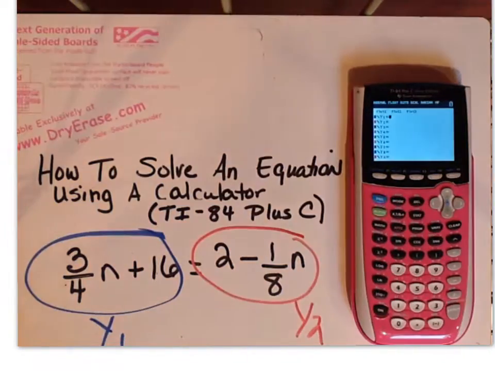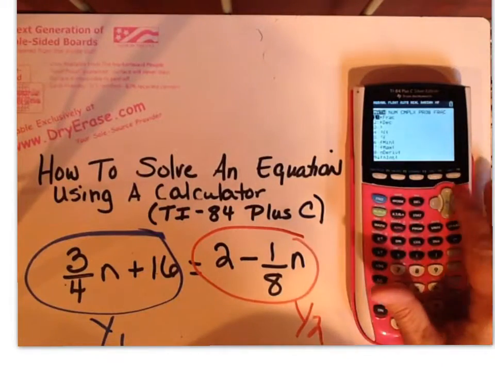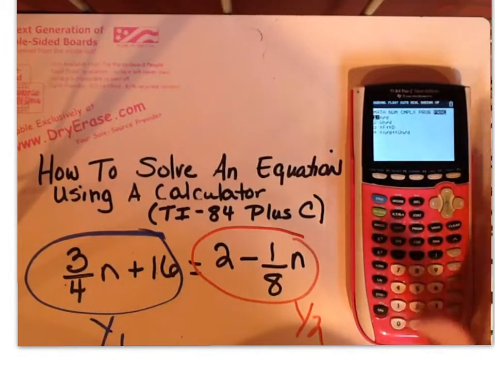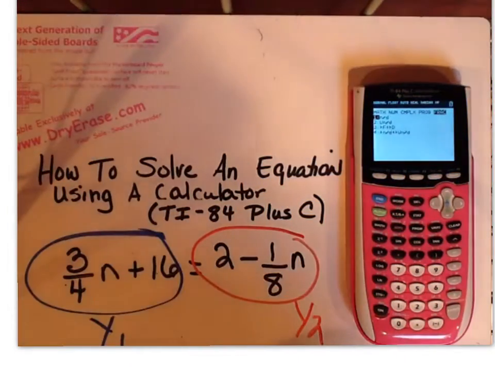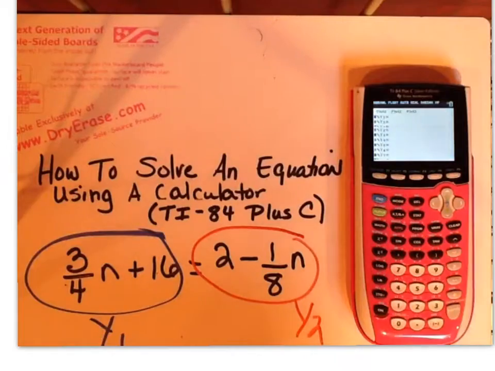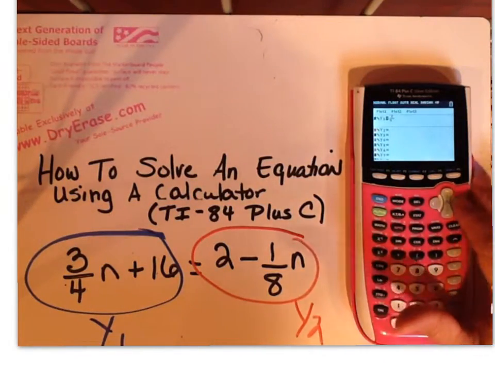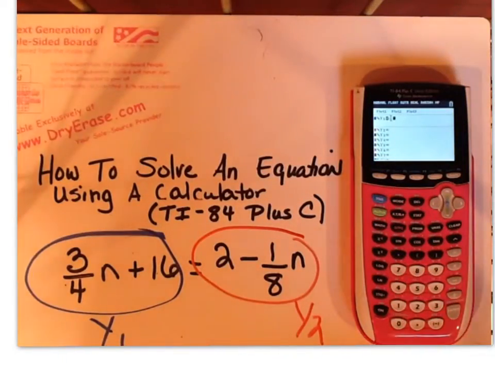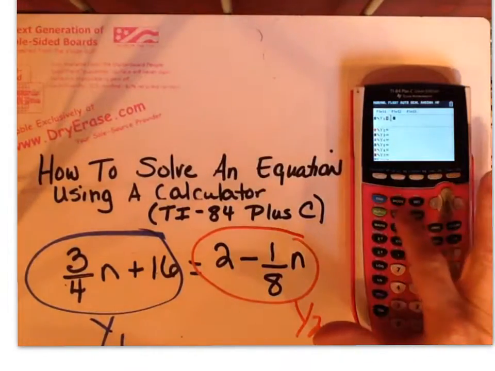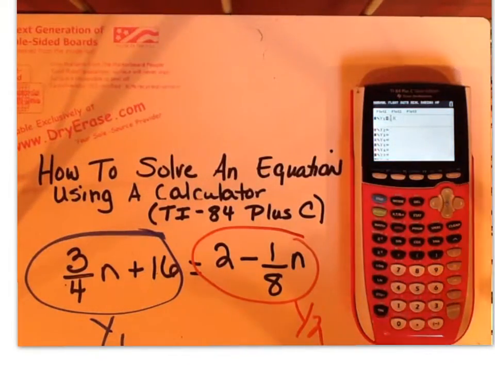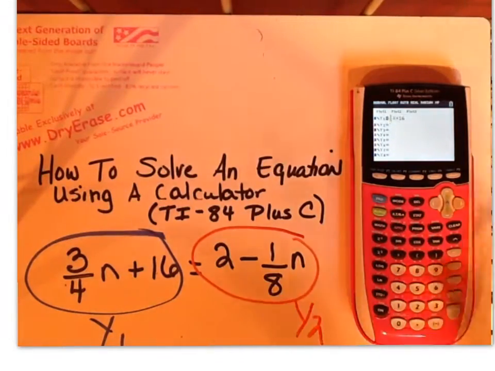You'll notice here we have a fraction. To put a fraction in the calculator, we hit the math button and we go over to frac, and at the top it says n/d. That stands for numerator over denominator, so we hit that. And we put our 3, arrow down, 4, then you have to arrow over to the right to get out of the fraction. And now we can't use an N on our calculator, we'll use the X next to the green alpha button. And we're going to put plus 16,